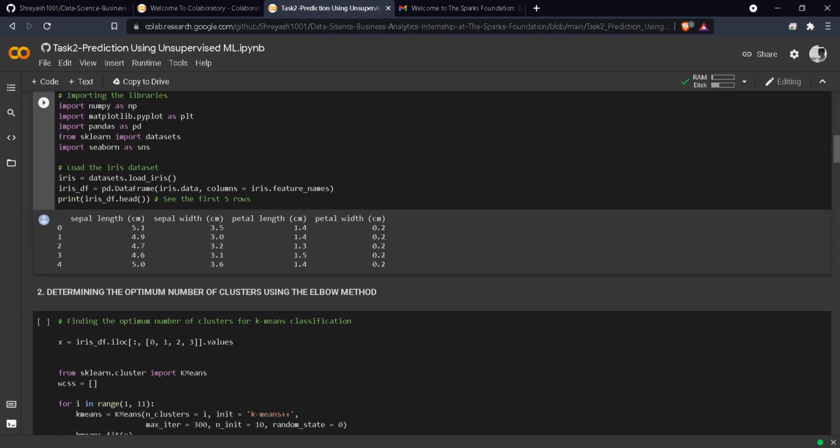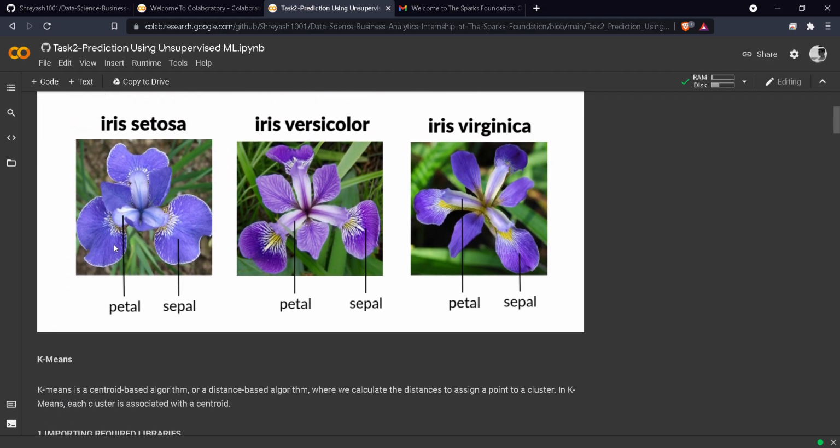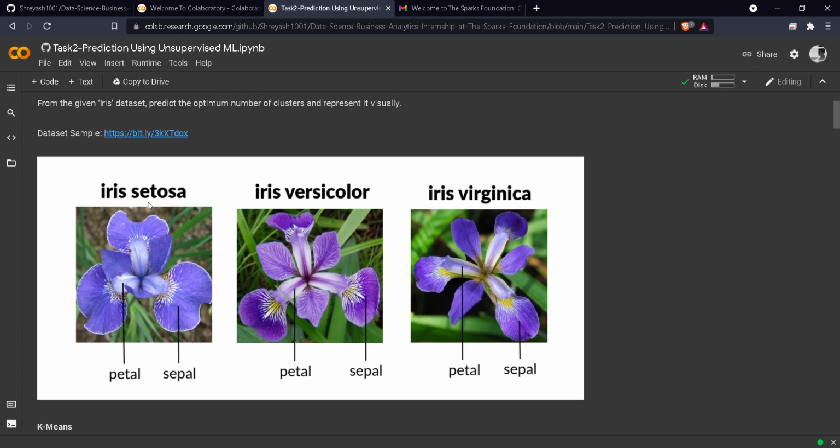So, first we are loading the IRIS dataset, and I have saved this data in the same path where my file is present. To see what is there in the first 5 items of the dataset, we use df.head, which gives the first 5 rows of the dataset. Basically, the iris dataset is of species of flower. So, there are 3 species. First one is Iris setosa, second Iris versicolor, and third Iris virginica.